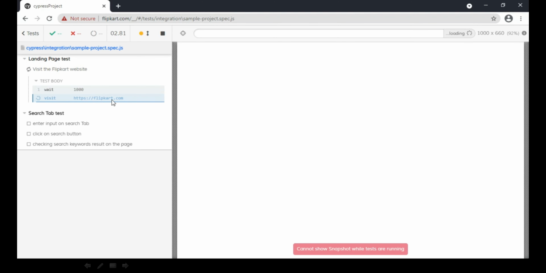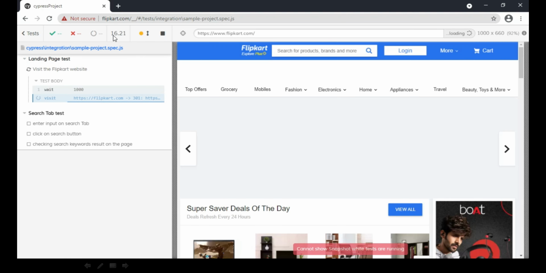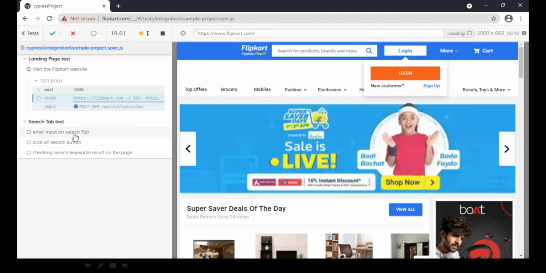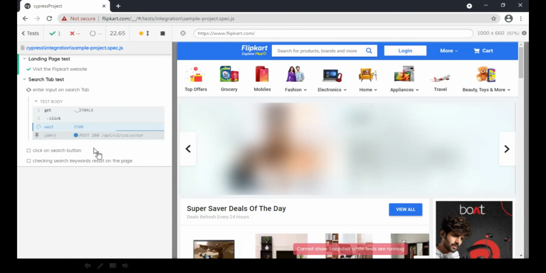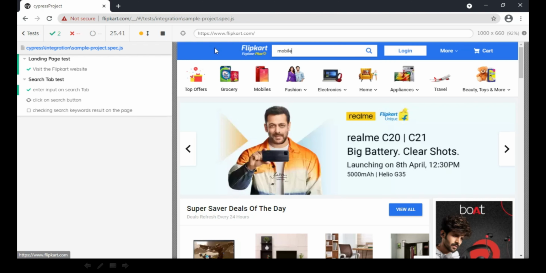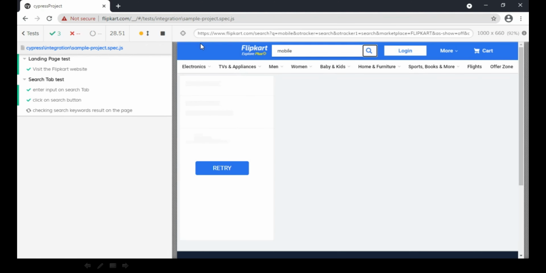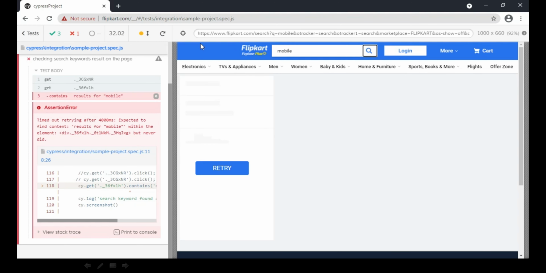Now we can see we are landing on the Flipkart page, and you can see the element waiting time. Sometimes if it is not responding, it will increase the waiting time. You can see this page has not come, but it is still waiting, and then it searches for the element. So waiting for elements is there in the Cypress tool. If I write something here, there is a possibility that sometimes I won't get a result. It performs almost similar to what a manual person does in real time, so sometimes we won't get the same result in automation.